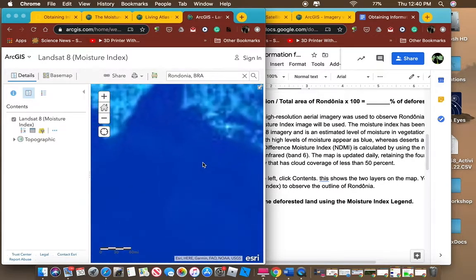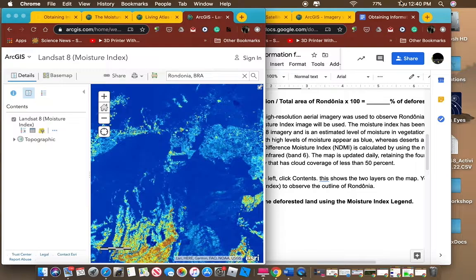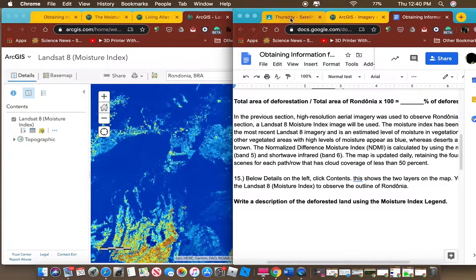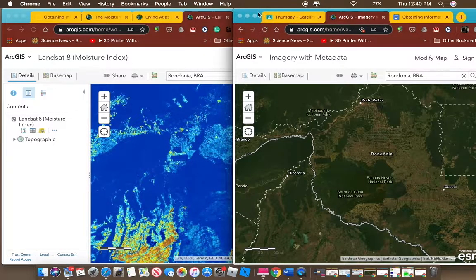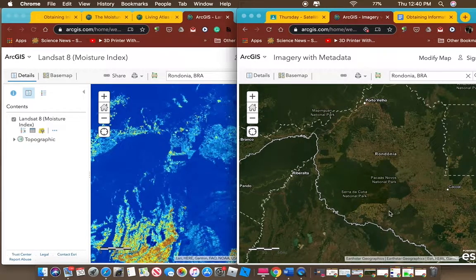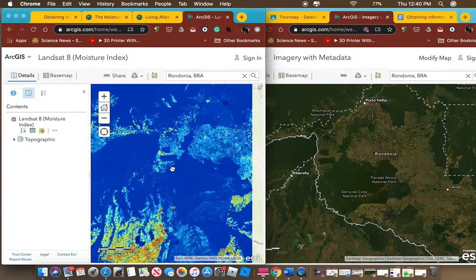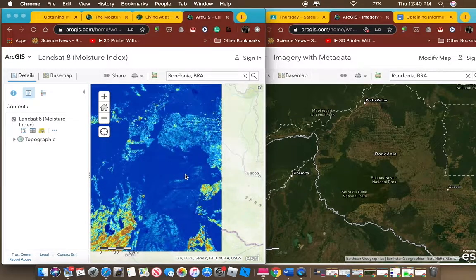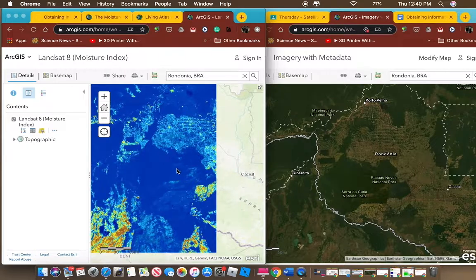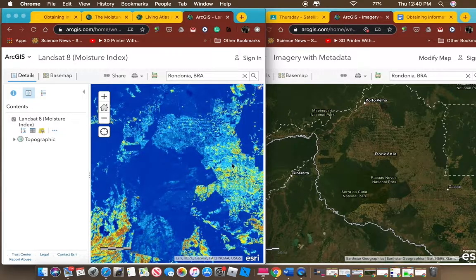So what do you notice? What do you notice about the deforested region, which would be in here, these lighter patches, about the moisture in those areas? Where do you see high amounts of moisture, and where do you see lower amounts of moisture, and why do you think that is? So once you've completed answering that question, you can go ahead and submit this document on